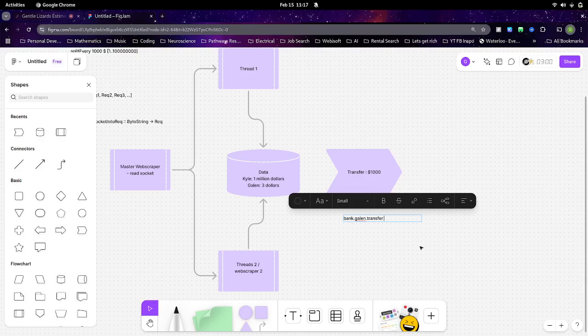But ultimately, the point I'm trying to make is that how we typically think of data in object-oriented programming is that the data sort of acts on itself. What's actually happening under the hood is that we're applying the function of transfer to some data.